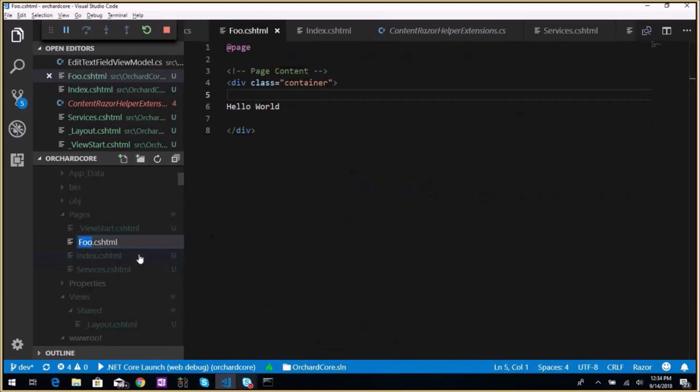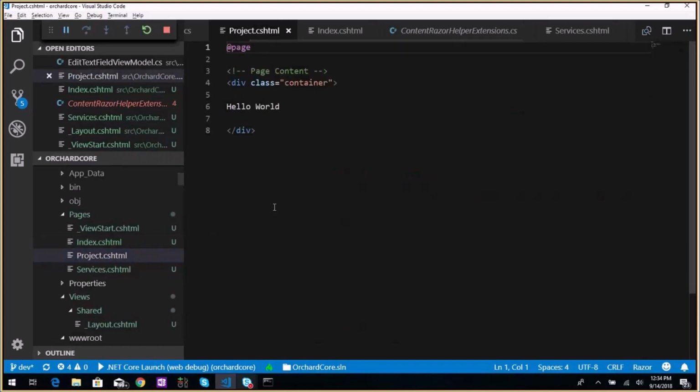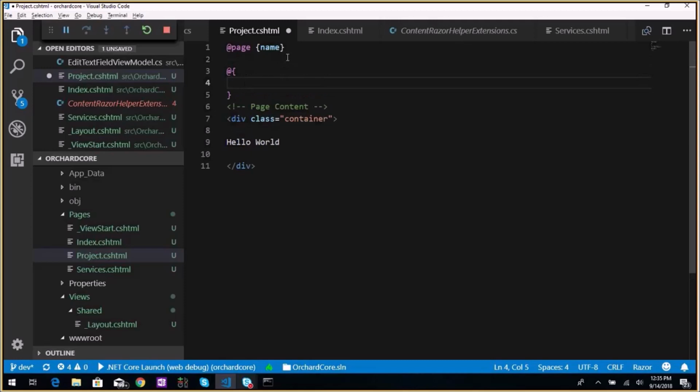I don't want the full project.cshtml. What I want to do is a link to this page that will, oh, we have two options to do that, interesting, but I will use a nice one. So what I want to do is bind a custom route segment into this page, and I will call it name, like the project name, okay? And then what we can do here is, it functions? Not sure, we'll see. Public string name